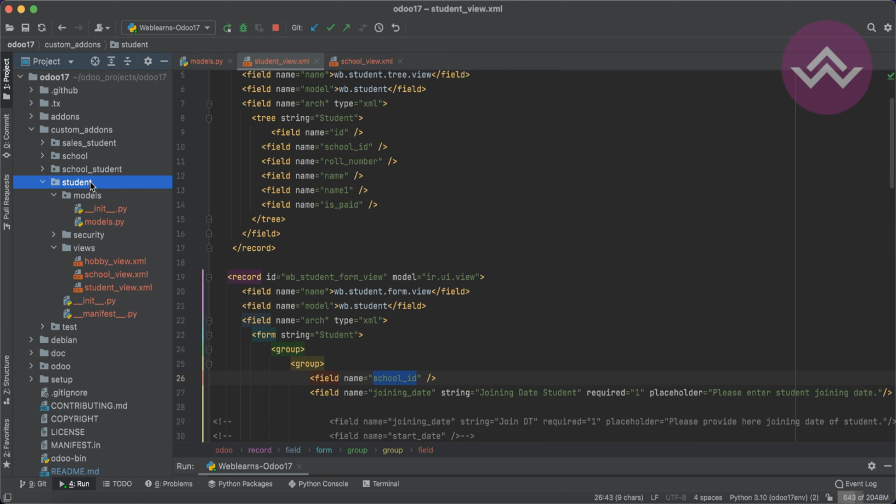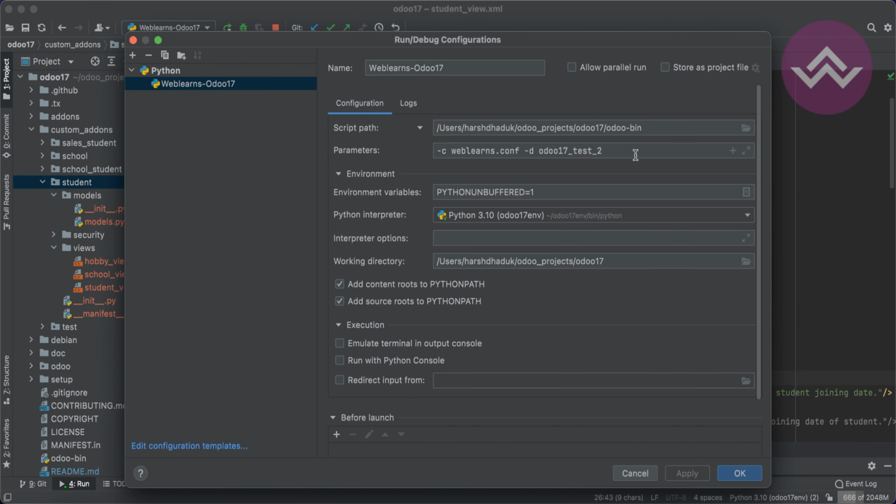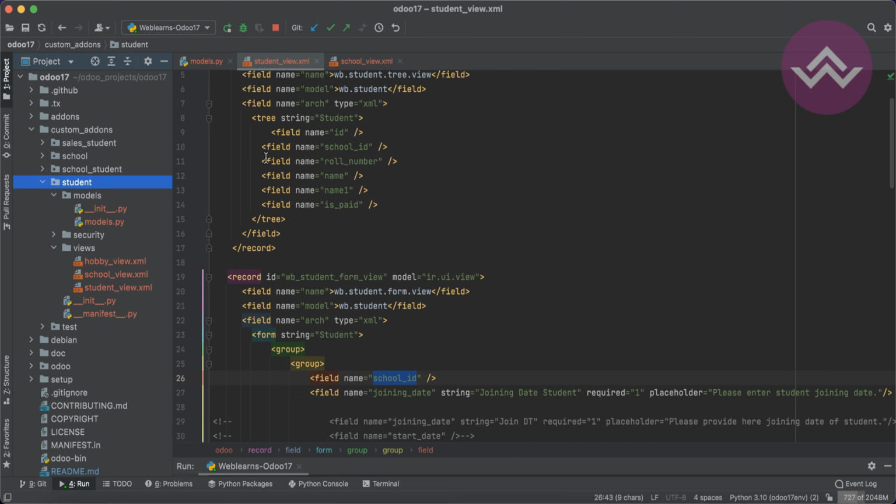By the way, when we add a new field on the Python side and register that field in the XML side, we must upgrade the module. For that I'm using the PyCharm terminal configuration. In case you don't know how to configure this PyCharm configuration, please check the editor level playlist. I already explained how to configure it. Once the upgrade is done,